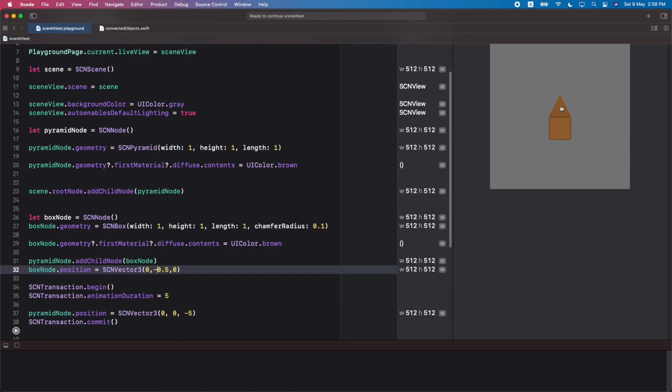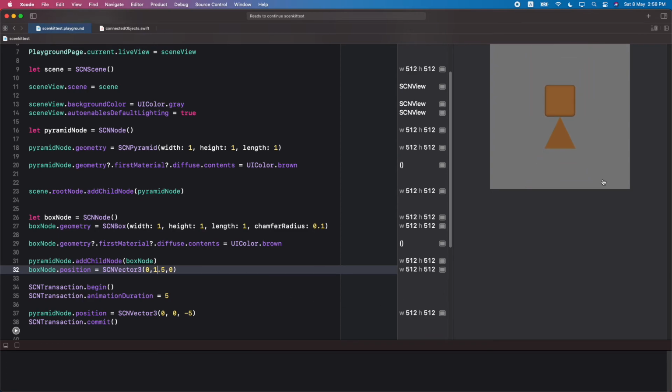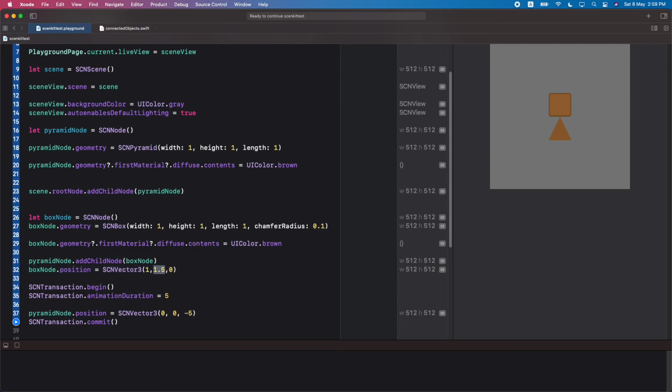and we are moving only the root node, and both the box and the pyramid are being moved together. So yeah, that is something interesting. We can also do the other way around. We can make the box sit on top of the pyramid by changing the y position. This will give a different perception. And one more thing we can do is position not just on the x and y,